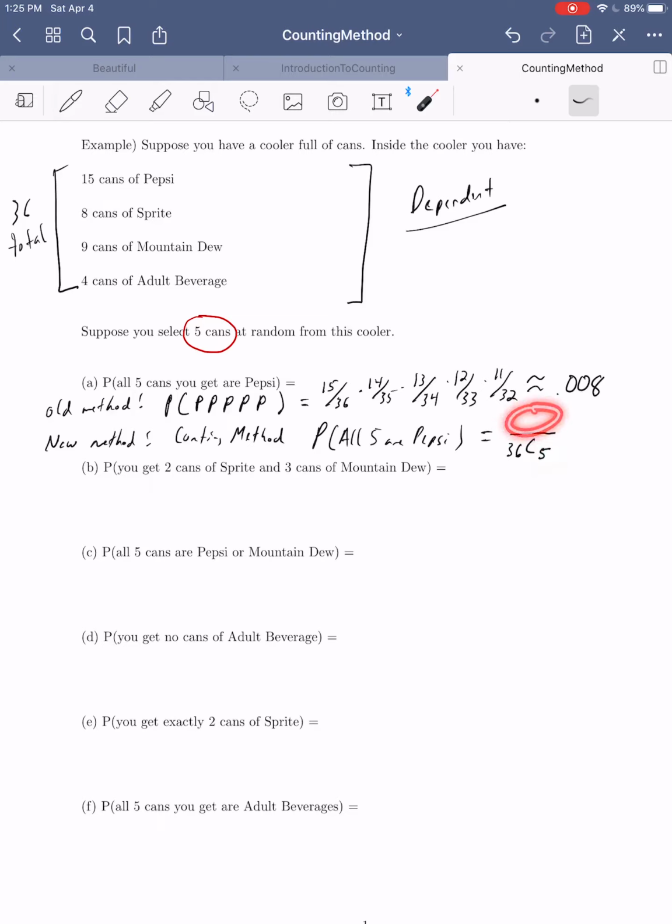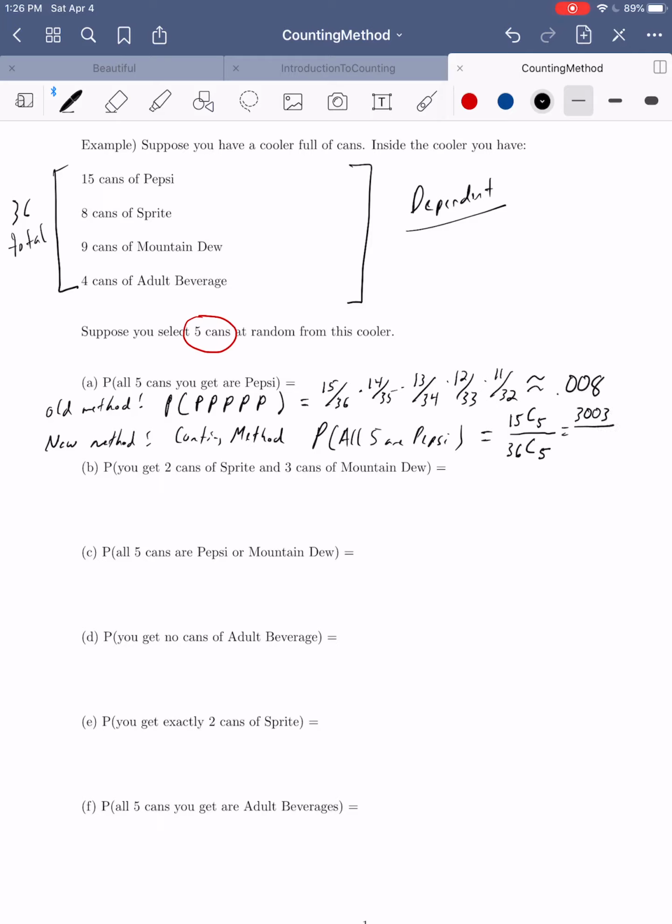What about the numerator? Well, the numerator should correspond to what we want. We want them to be all Pepsis. So for the Pepsis, there are 15 to choose from, and we need to choose 5. So our numerator is 15C5. Now, if you type that into your calculator, you can do the numerator 15C5. Remember, to get the C, you use math, PROB or PRB. And your numerator should come out as about